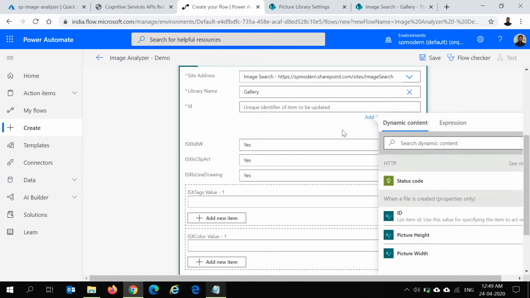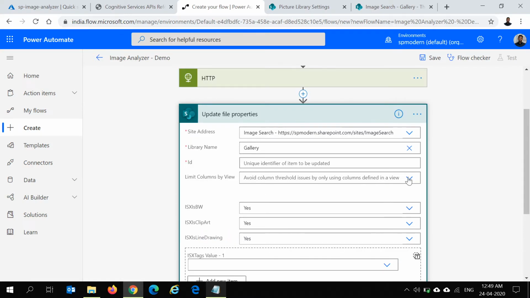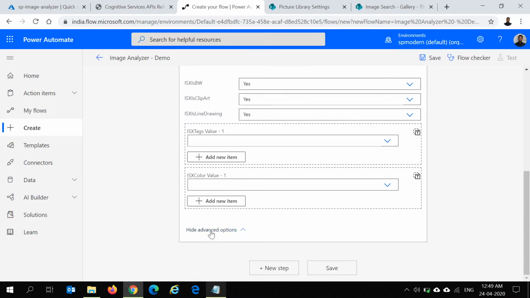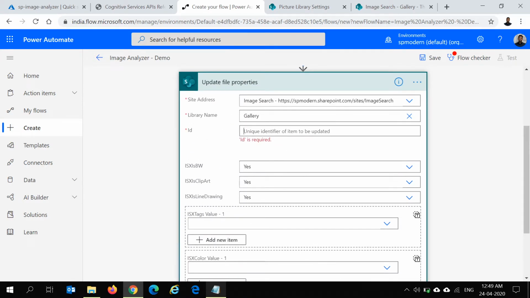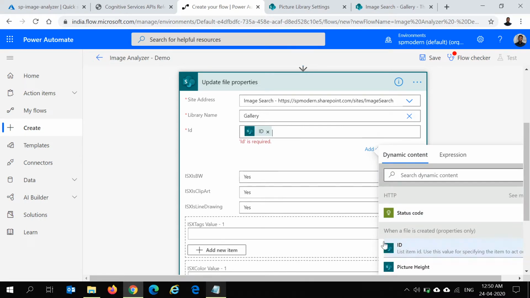Okay, and I don't see all the columns, so let me select use all columns and select the identifier or the ID from the trigger action.